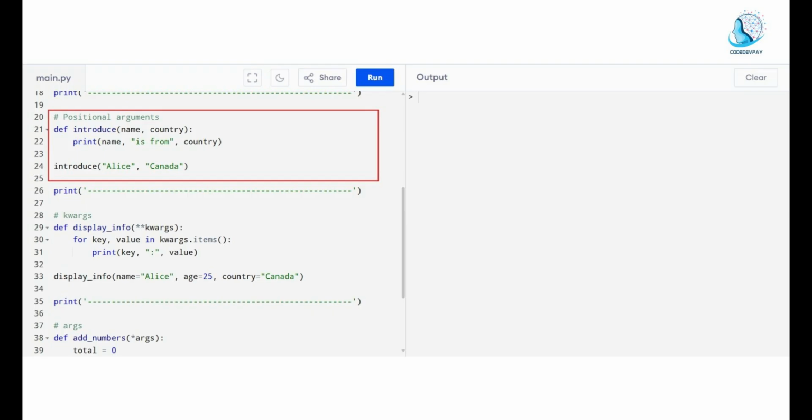On line 24, we are calling a function with Alice and Canada. But notice that with this part, Alice is going to be passed to the name parameter because both of them are in the first position, and Canada is going to be passed to the country because both of them are